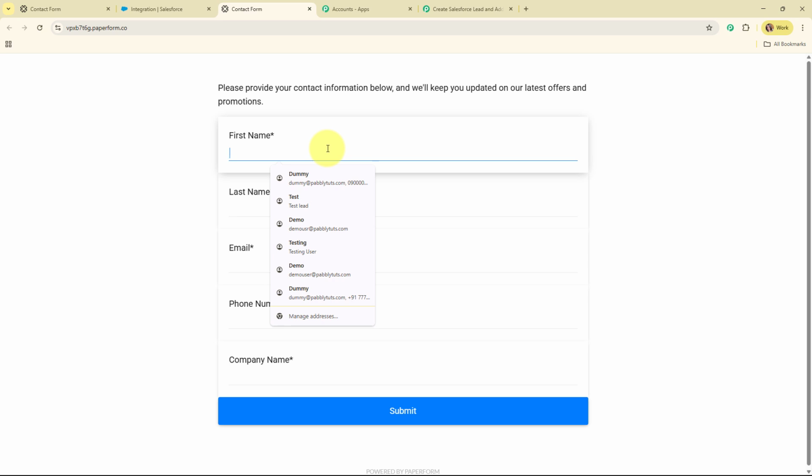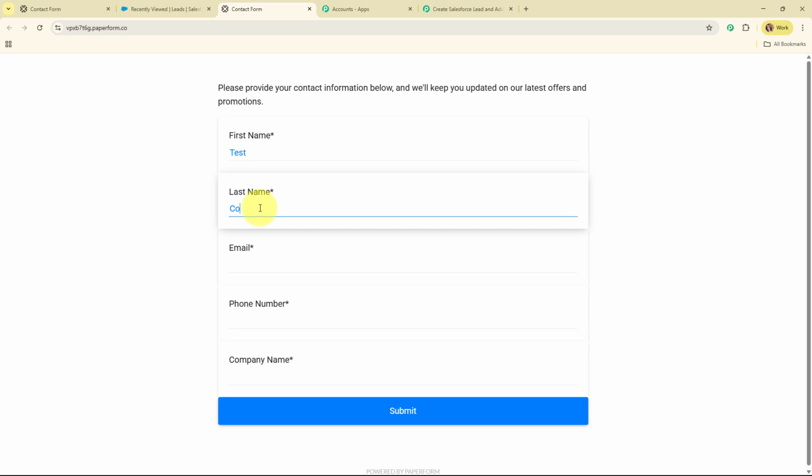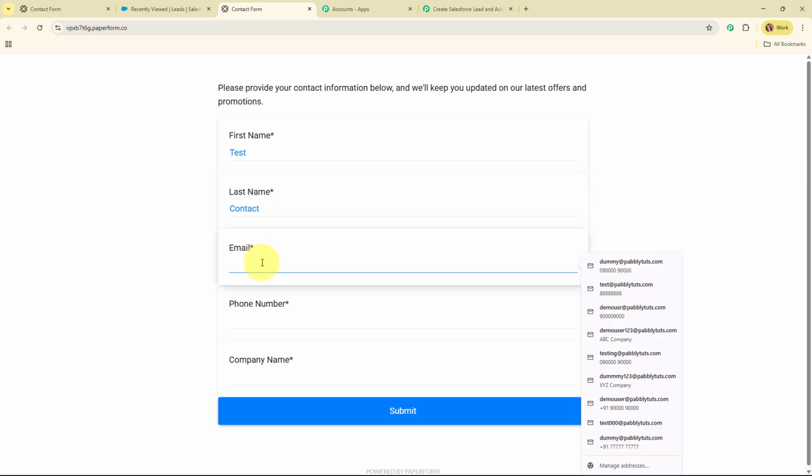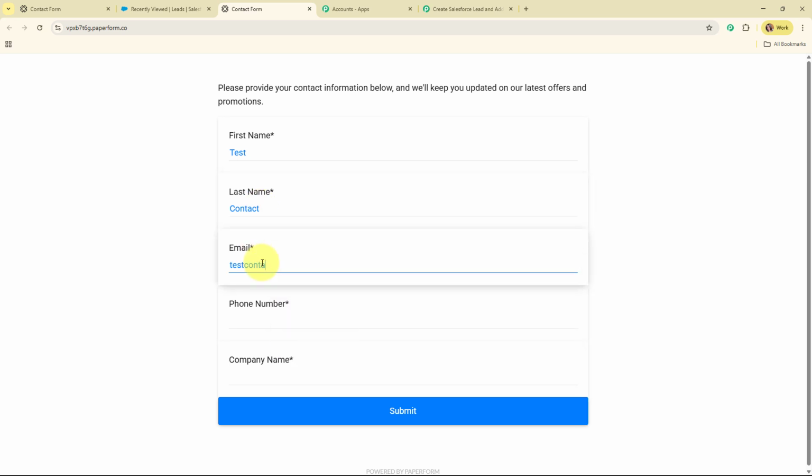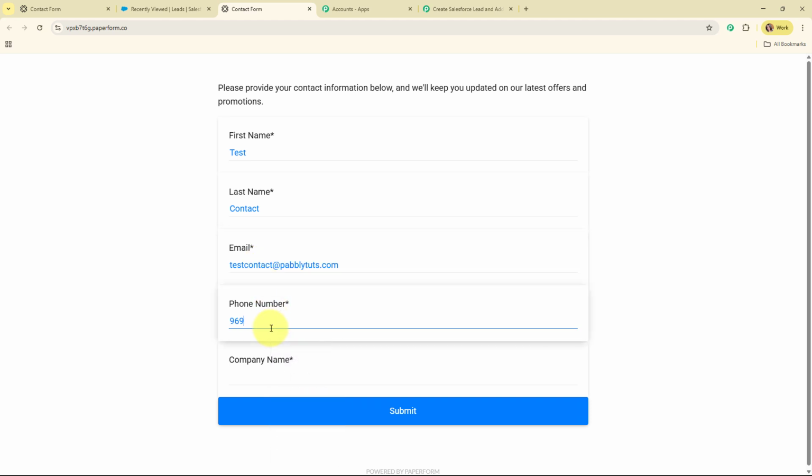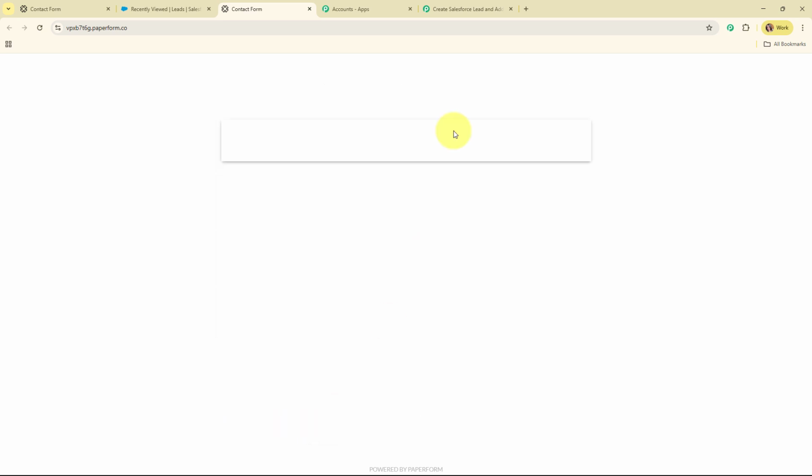So here for the first name, I'm going to enter the detail as test and last name as contact. And here for the email, I'm going to enter the email as testcontact@pabblytudes.com. And then here I'm going to enter a random phone number. Here for the company name, I'm going to enter the company name as JKL Company. And then I'm going to click on the submit,